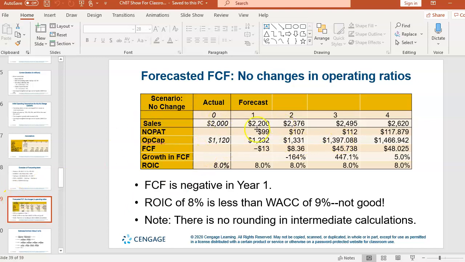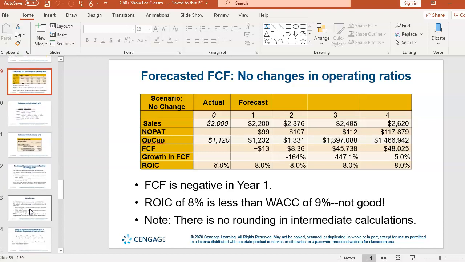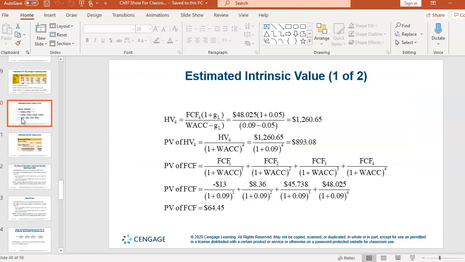So if that truly is what we think is going to happen in the next 4 to 5 years, what we have to realize is that the situation is not tenable. That's not going to work for us, and we need to do something else to increase the value of the company. Okay, so this says estimating intrinsic value, and what that means is what's the true value of the company,